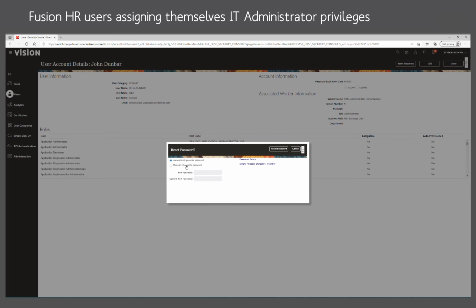So that's the end of our walkthrough. Clearly through Security Console I can do whatever I want. I can create new users, I could reset John Dunbar's password and then use his account to manually create users so it looks like he's the one that's doing it, not me. I can reset anybody's password that I wanted to, so I could take over a